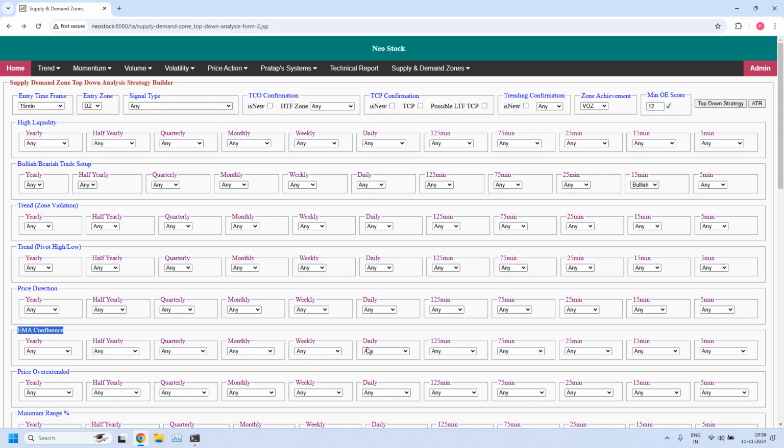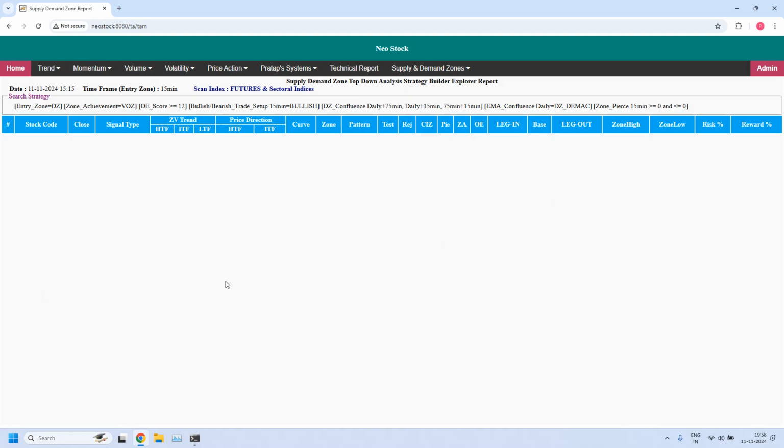Let's verify. In the EMA confluence, daily time frame, daily demand zone with daily EMA confluence. We did not get any EMA confluence. Fine. Next, let us look for the bearish trade setup for